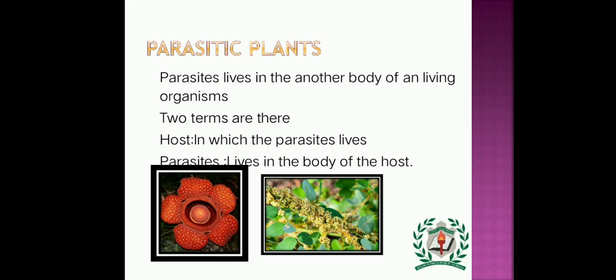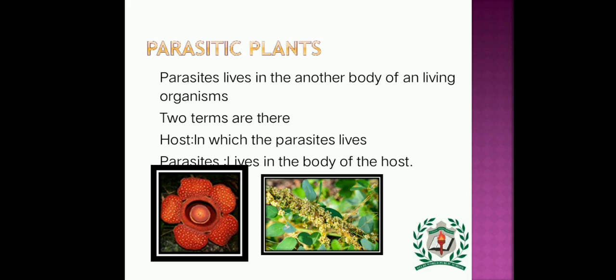A few examples of parasitic plants are Cuscuta, which can also be called dodder, and Rafflesia. I have given you the pictures, children. Rafflesia is the biggest flower in the world, children. What is Cuscuta, children? It's a pale yellow twining plant often seen on tree tops. It twines over the host, the plant from which it absorbs nutrients using special roots.